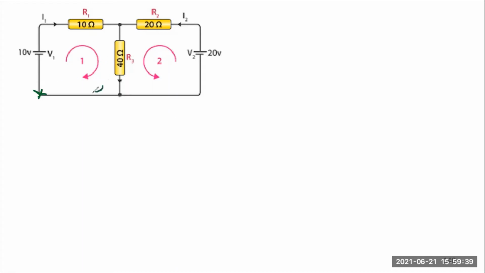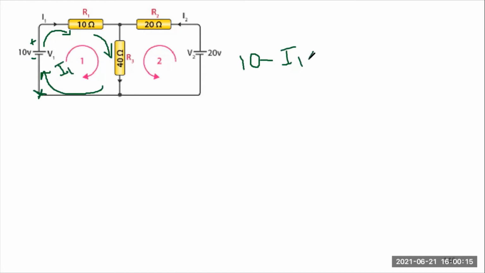Then I1 is flowing like this. If you want, you can mark it like this for your convenience. Whichever you are comfortable with, you can use. So let me start at this particular point. Current is flowing from minus to positive through this battery. This is negative and this will be positive, so it will be a rise in potential. The rise in potential means 10 volt. No polarity change. Then here there is a resistive drop, minus. The current will be I1.